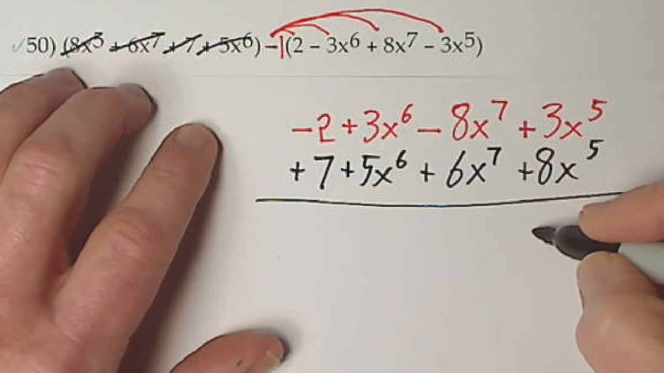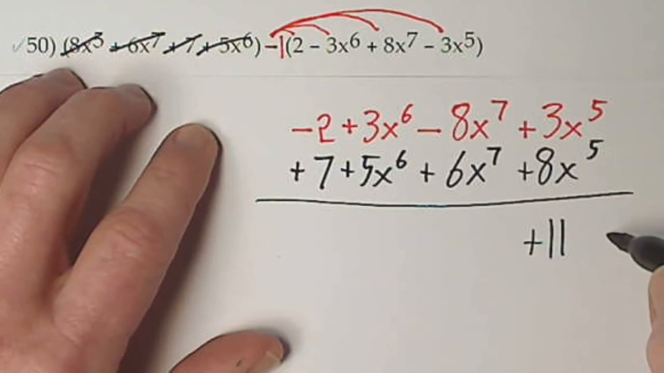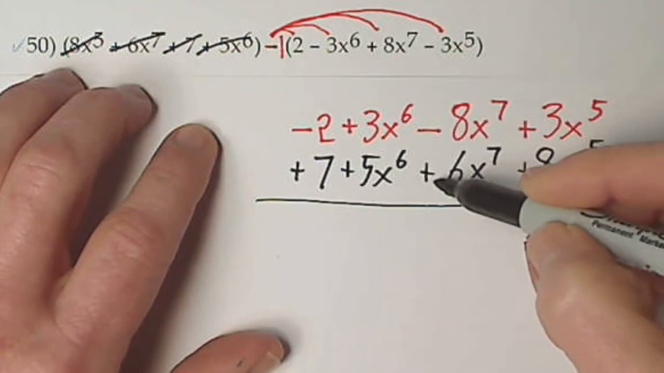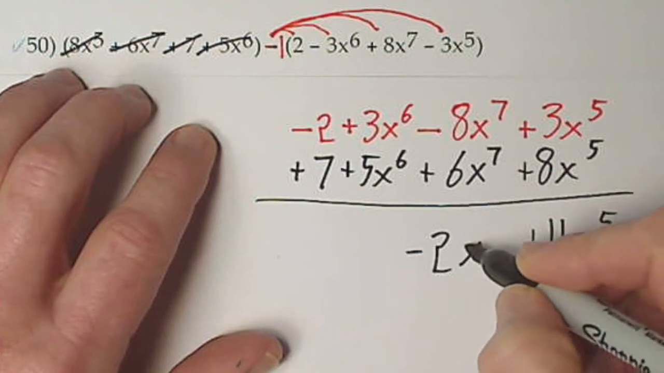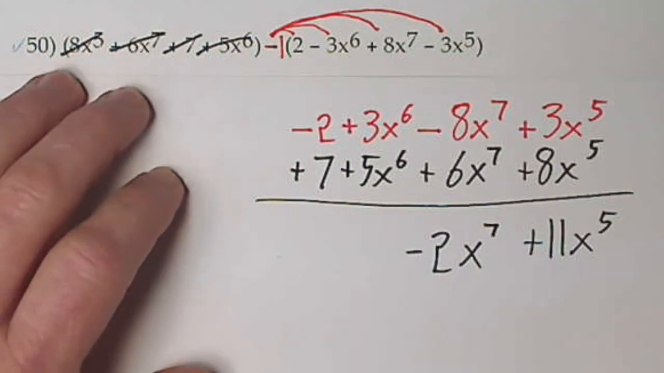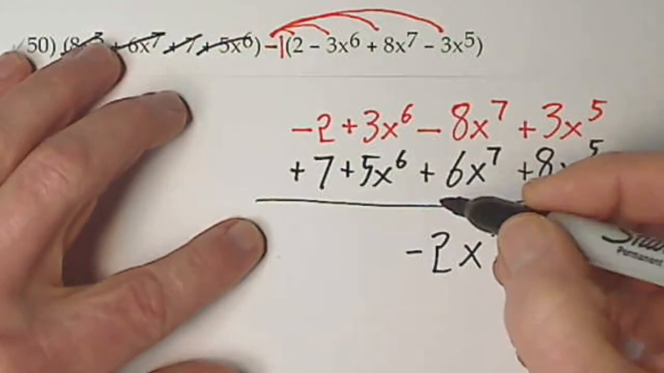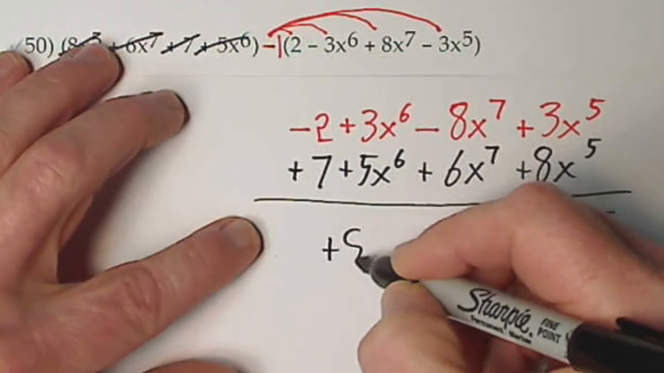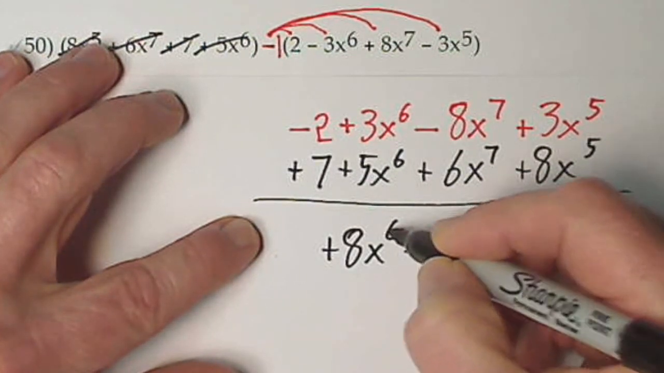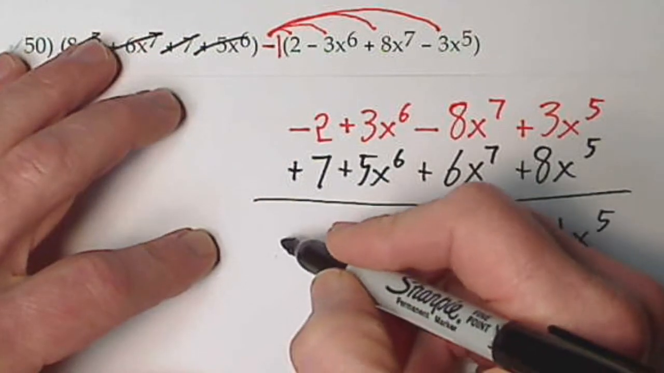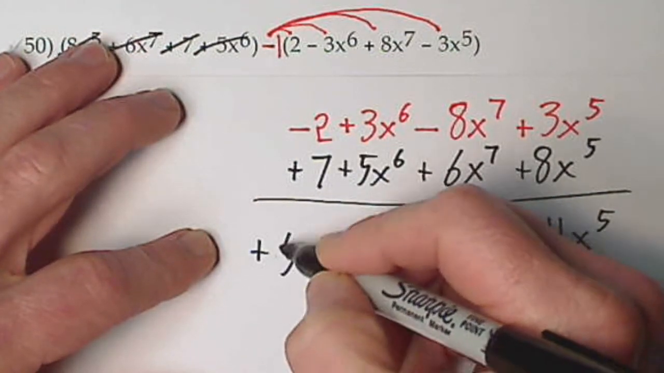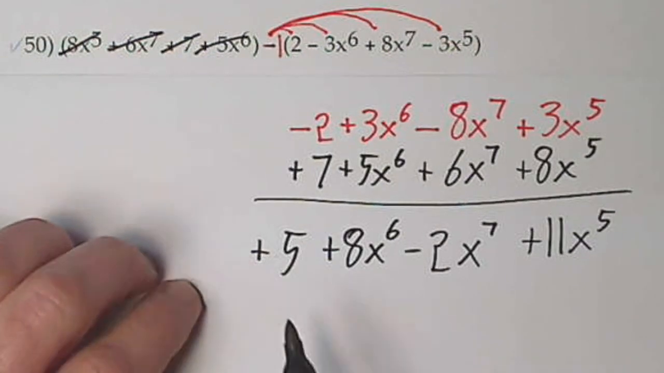So 8 and 3, that would be positive 11x to the 5th. Negative 8, positive 6, that's going to be negative 2x to the 7th. These are both positive, so we'll add and we'll get positive 8x to the 6th. And then finally, negative 2, positive 7 gives us a positive 5. At this point, you don't really need that. But